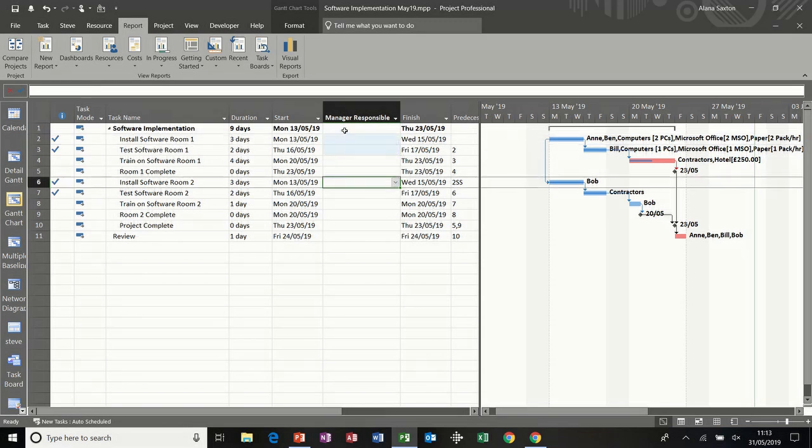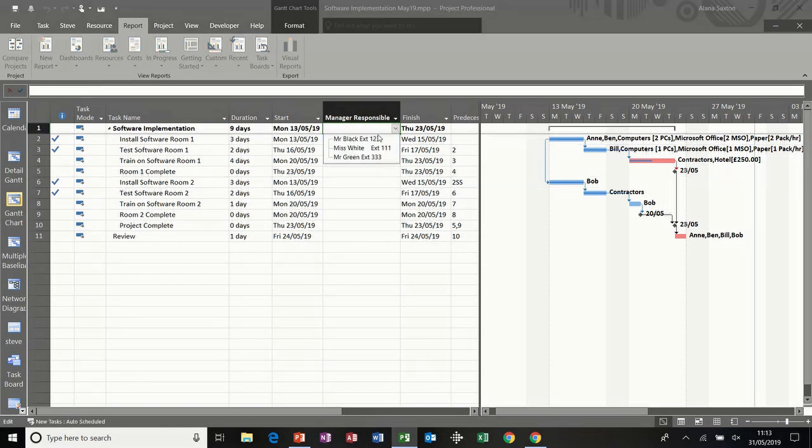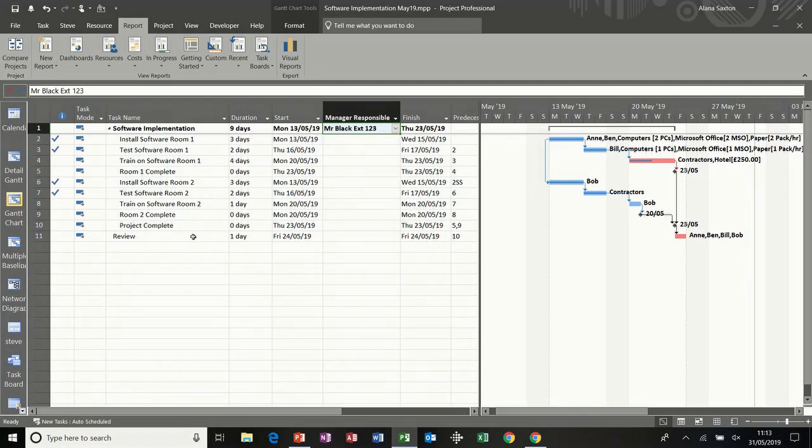But I would normally just put that on the top level task. So if there is an issue with these tasks, you contact Mr. Black on extension 123. So this is not a resource, this is just somebody to contact if there's something going wrong with this process. So that's the first one. Second one,